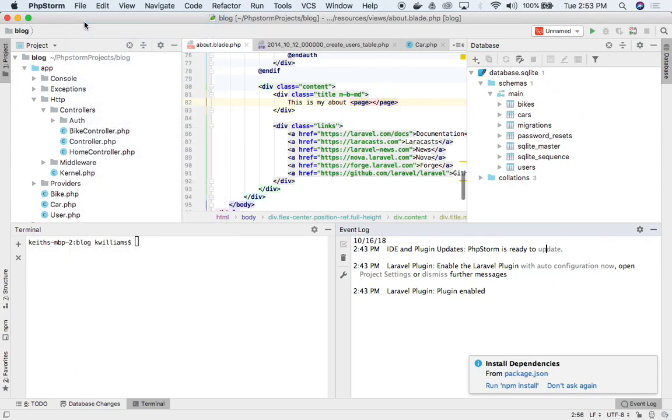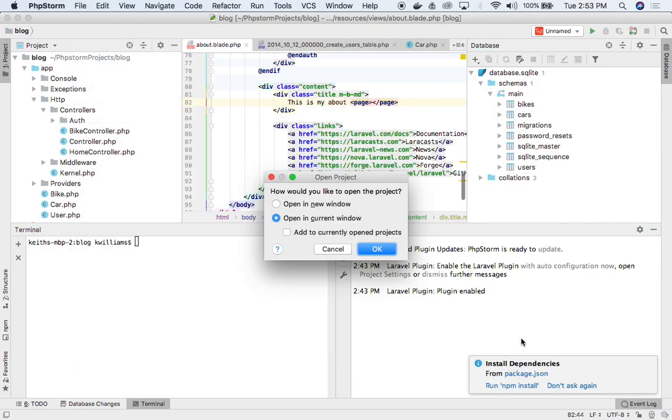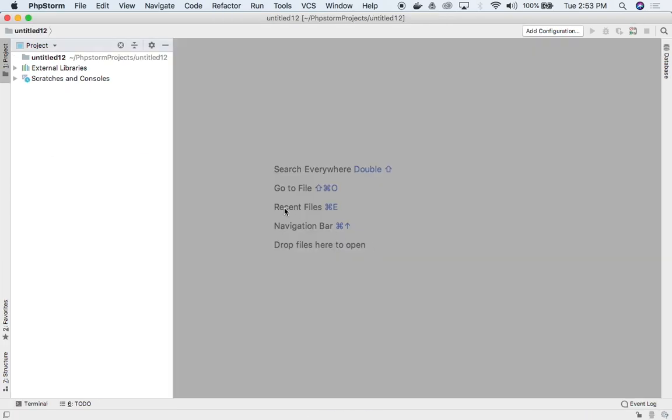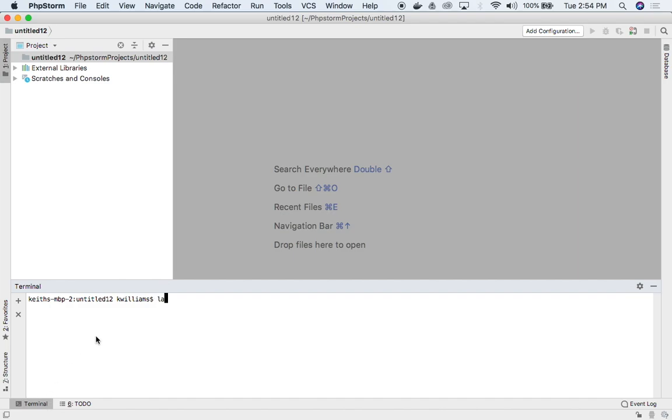Use File, New Project, create it, put it in the current window, and then I'm just going to set up the Laravel project. So go to Terminal, Laravel New,